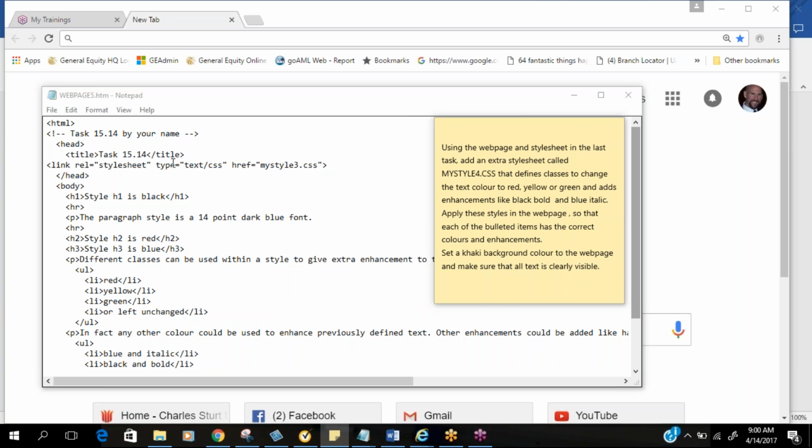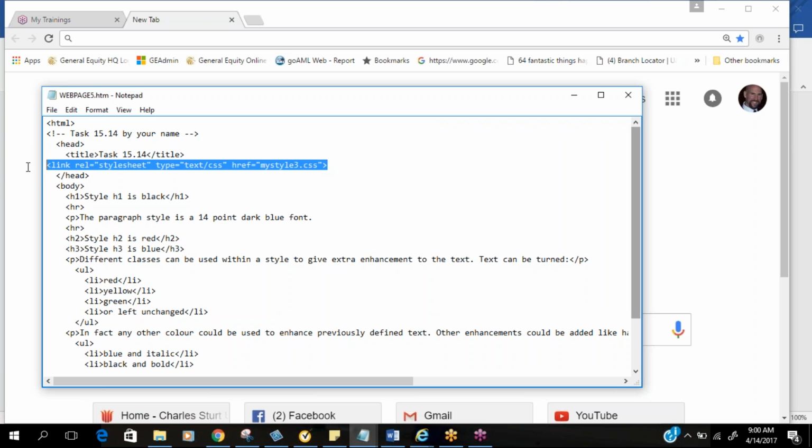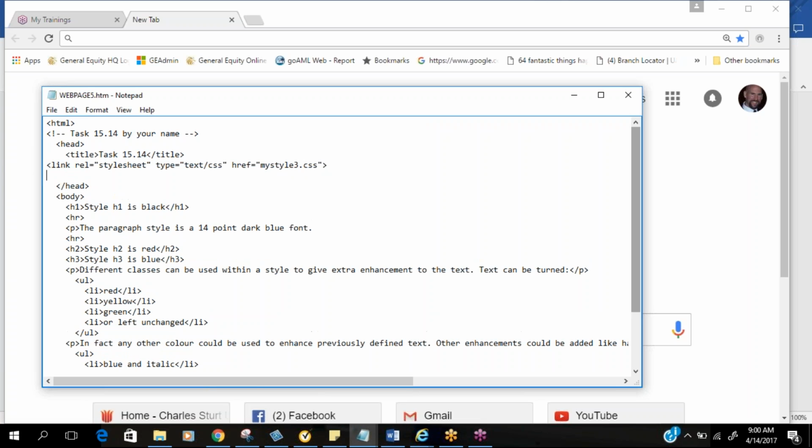mystyle4.css. Now you can see in the web page here, we had a link to mystyle3. And what we're going to do is have another link, and we'll just copy and paste this. That's a lot quicker. So we can have as many style sheets to the one page. Now let's call this mystyle4. That doesn't exist at the moment, but that's the style sheet we have to write. So let's just save this for now, and let's open a new